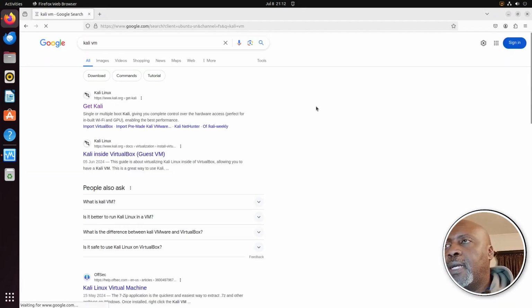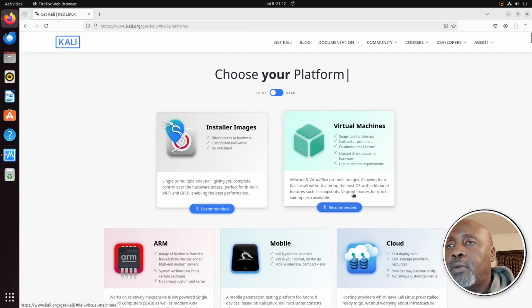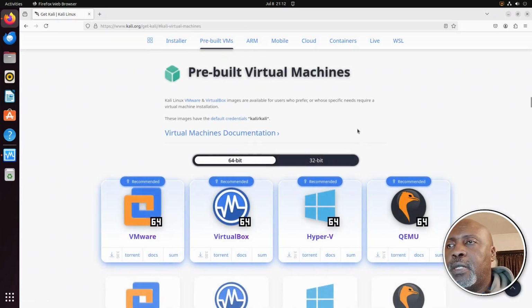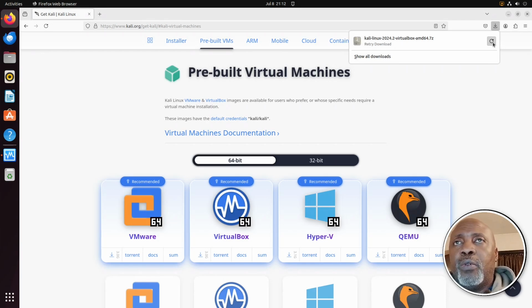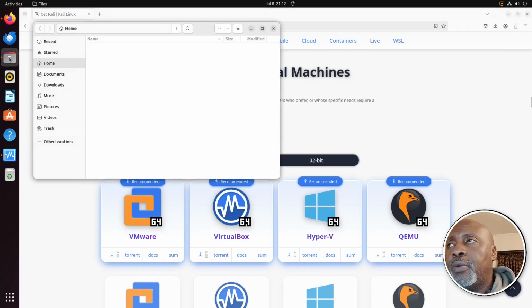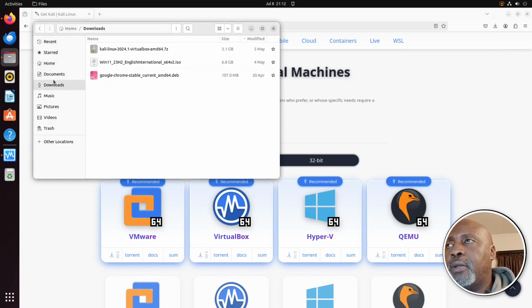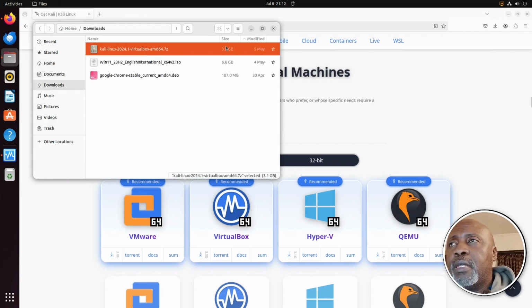We go to the Kali page, we select virtual machines, and we download VirtualBox. So I'm not going to be downloading it. I have in fact downloaded it before, and I'm going to show you on my downloads. So there's the 3.1 gigabyte compressed VirtualBox image that I've downloaded